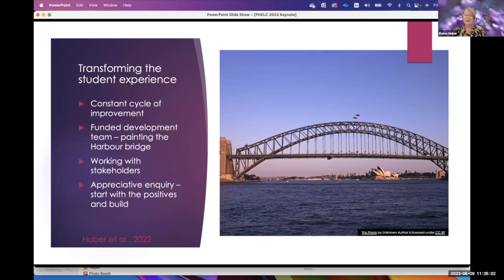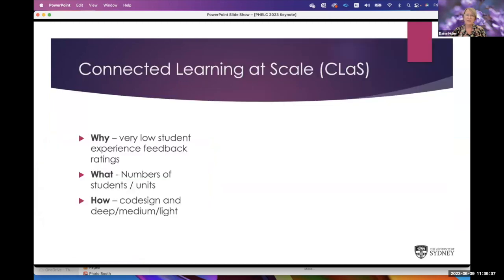So I'll talk to you a little bit about those cycles. I'll talk to you about the stakeholders that we engage with. And we do try to take an appreciative inquiry approach, in terms of starting with the teaching and looking at what's working well and building on that. So we're not saying, we've got the answers to all of your problems in large class teaching, let's throw it all out and follow these steps and you'll have this amazing class. We really try to work together, and this is that co-design element where everybody brings their knowledge and skills to the table. So the project is called Connected Learning at Scale.